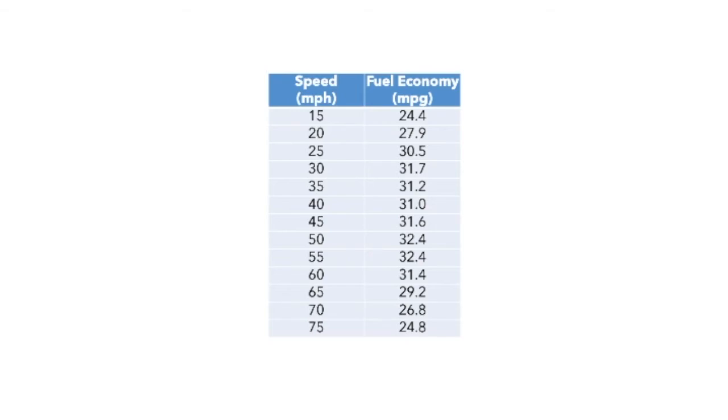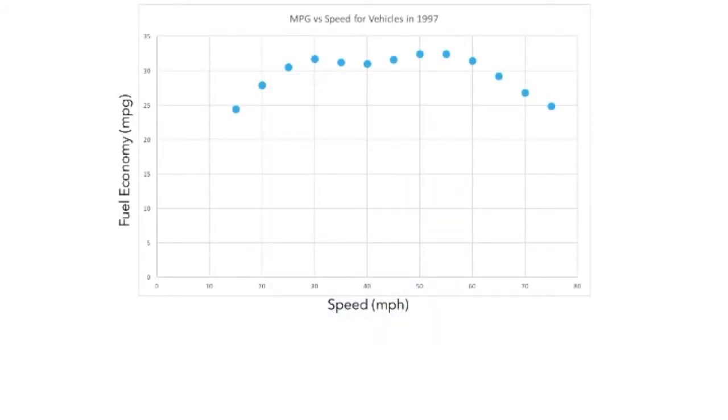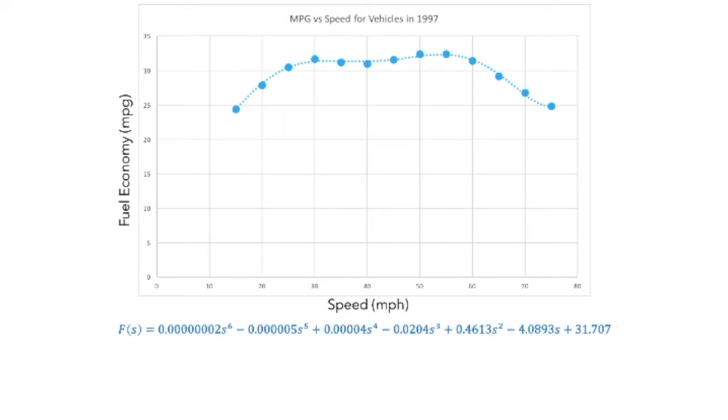As before, to get a better sense of the pattern in our data, let's look at a graph. This graph shows the data points in the table. To get a better sense of this pattern of data, we can add a trend line. And we can also find a formula for this trend line. This shows the equation for the function f of s, fuel economy as a function of speed, measuring fuel economy in miles per gallon. As we saw in the previous example, our method is to find the critical points of f of s,